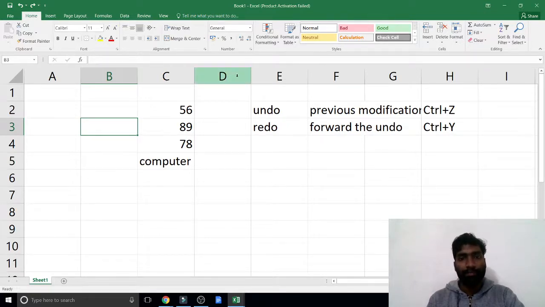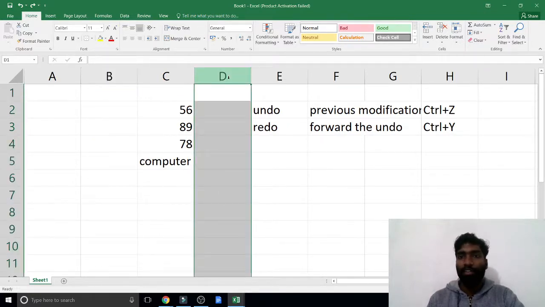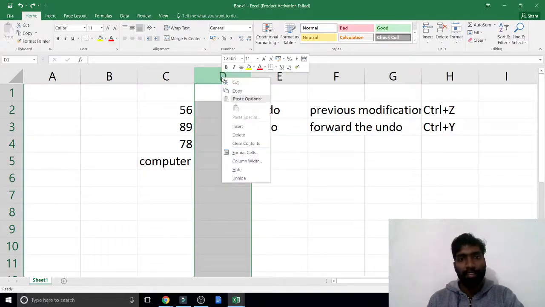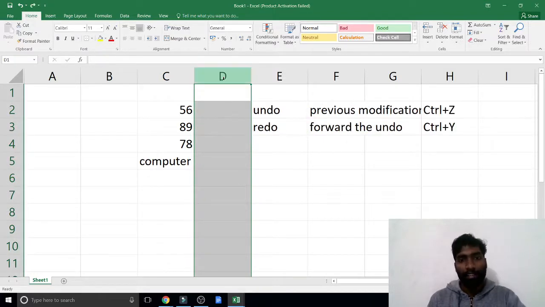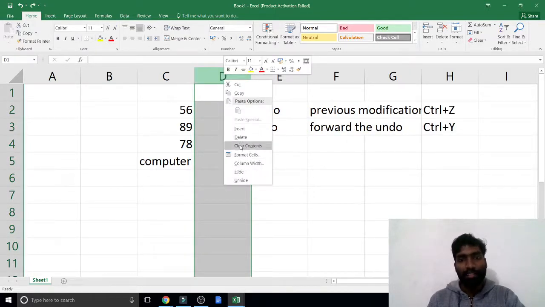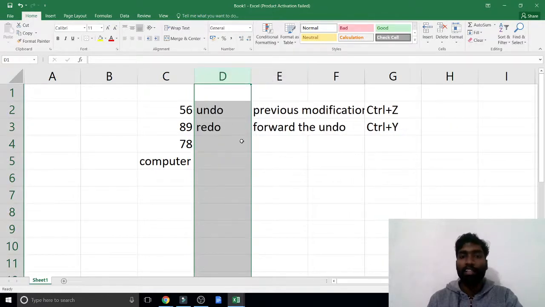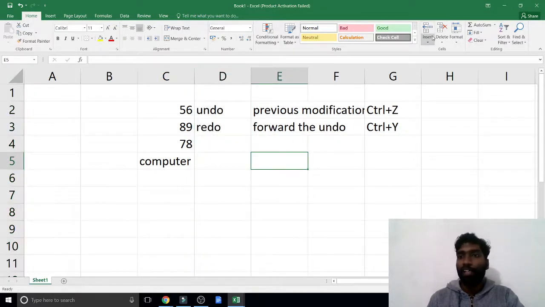Okay, here I don't want this. If I want to delete, right click. Okay, here delete, just delete. Again see, right click, just delete. This selected entire column is deleted. So here also in the menu bar, you can see insert and delete. Okay, in this place you may do the practical.